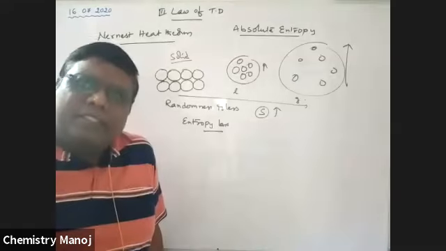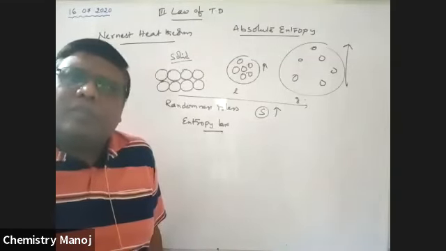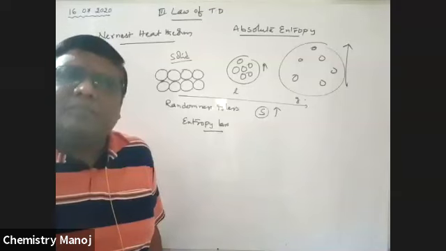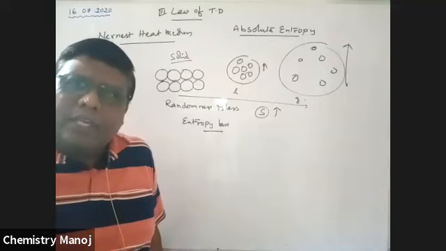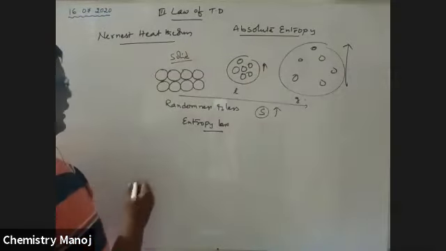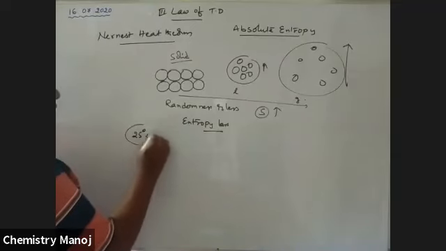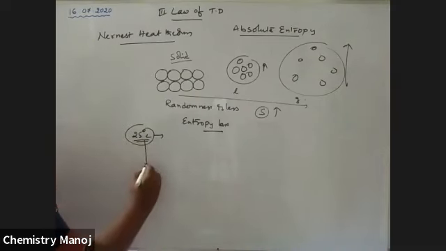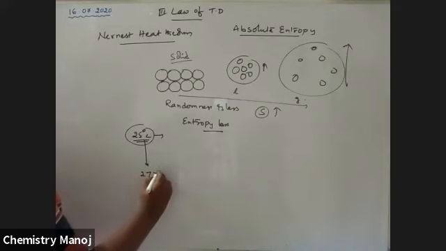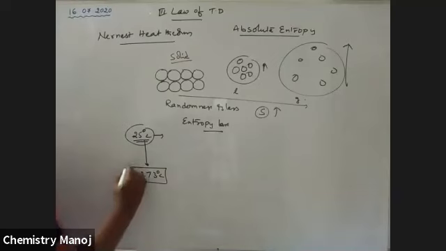Now I am going to decrease the temperature of the system. Up to which value, sir, is the temperature going to be decreased? Our room temperature is 25 degrees centigrade. This is all at room temperature. Now I want to decrease the temperature of the system from 25 degrees centigrade to minus 273 degrees centigrade.